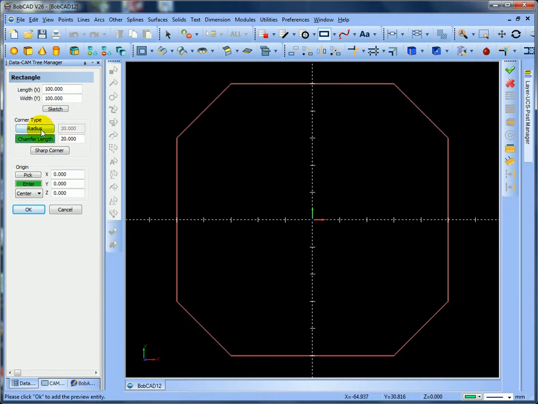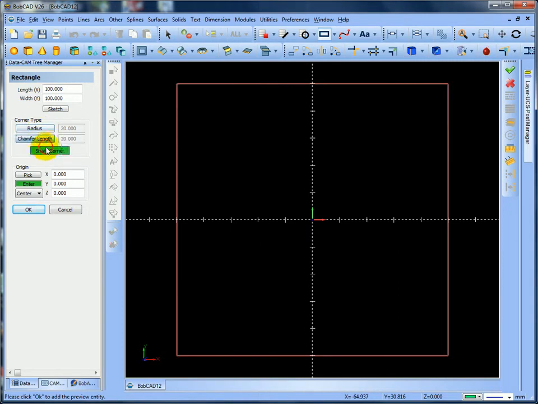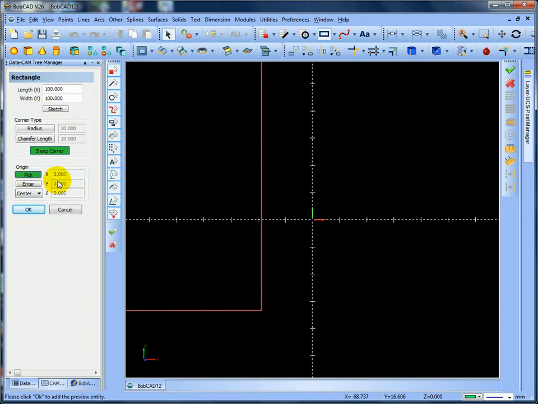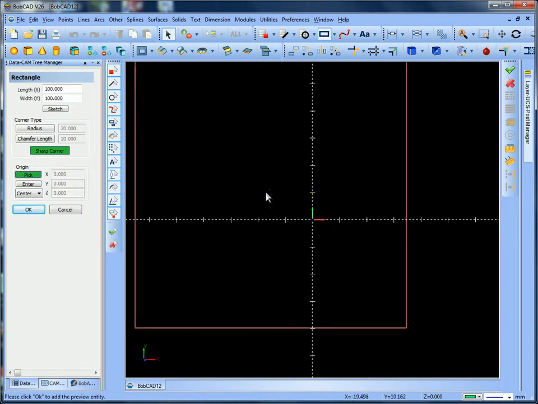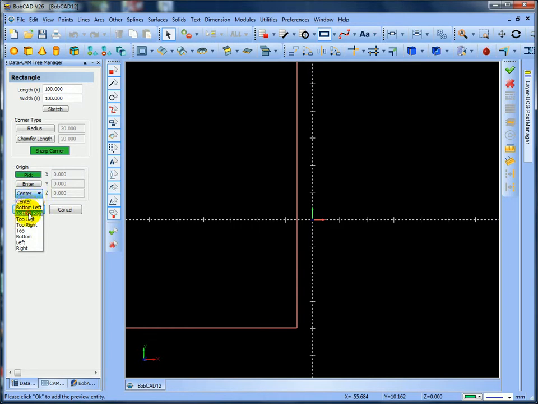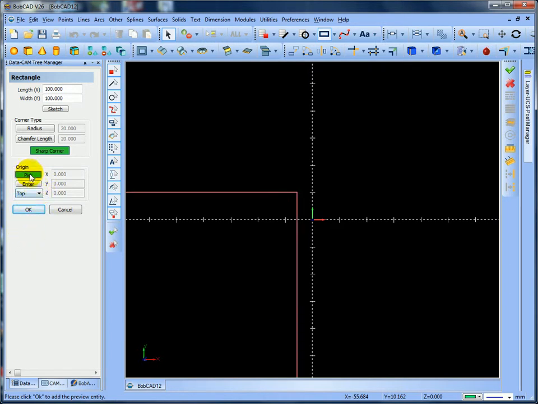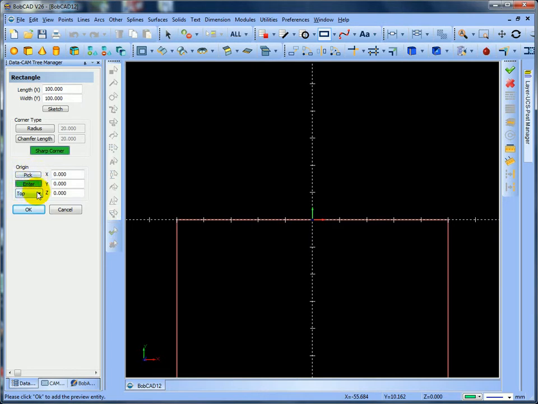As it is, I don't want anything on there, so I'm going to just use a sharp corner. And I'm also going to enter the dimension. If I wanted to pick, I can come on the screen and pick anywhere I want on the screen. I could actually go into center, bottom right, top, but I'm on pick at the moment, so let's just go to enter. So bottom right, you can see it's on the bottom right of the corner,